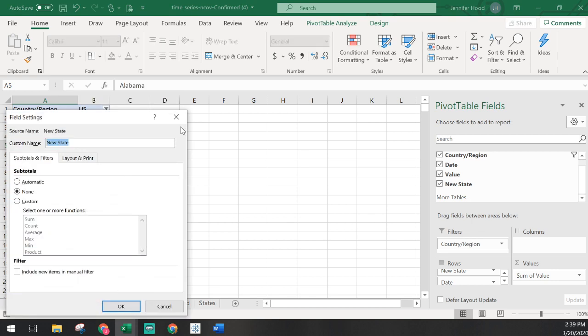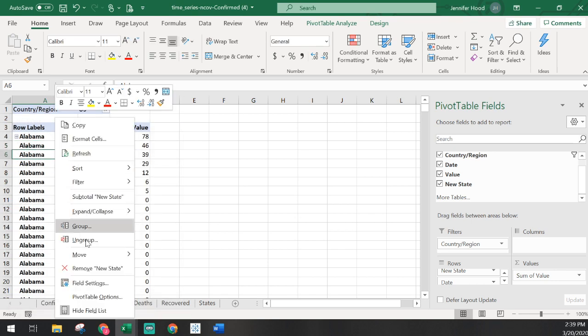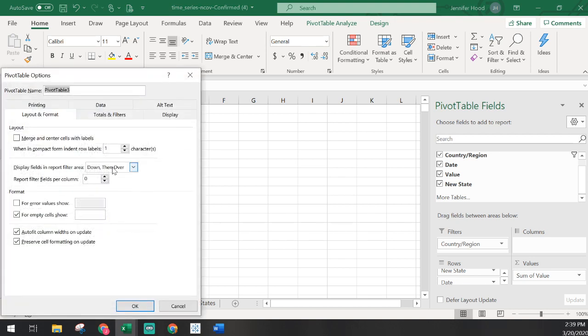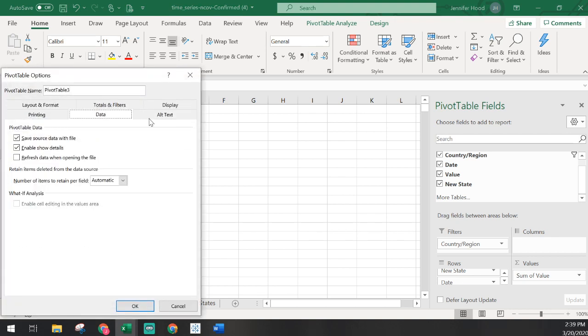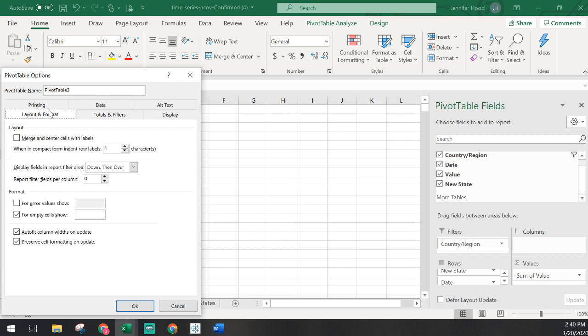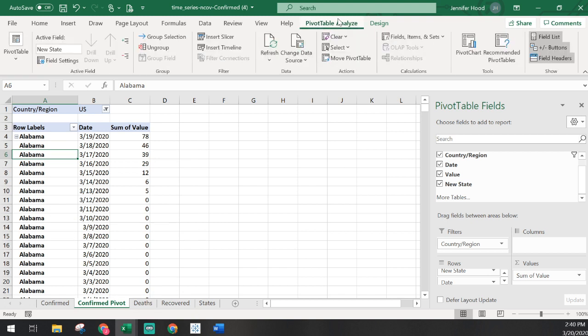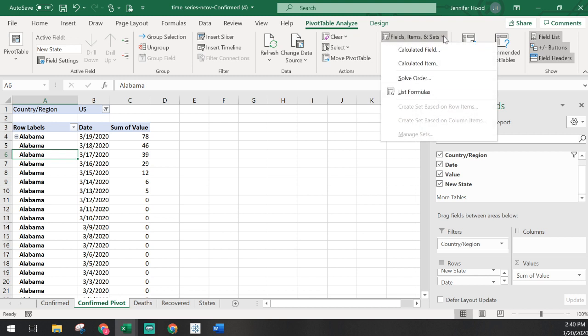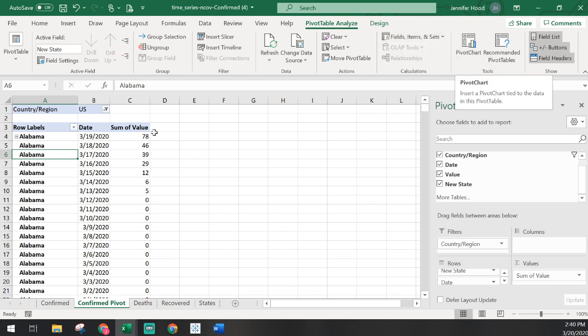I wanted my pivot table options. And our pivot table options, nope, it's not there either. Change data source. There we go.